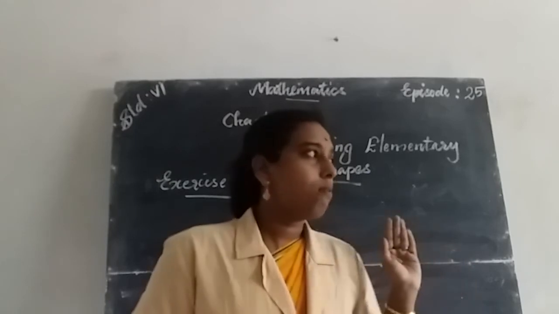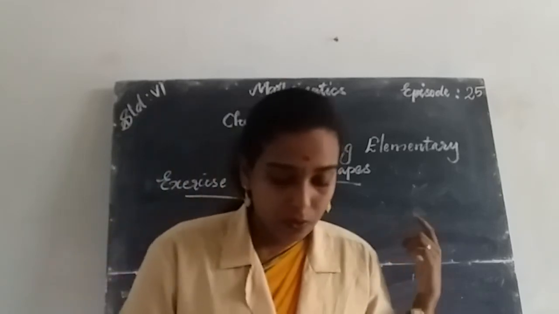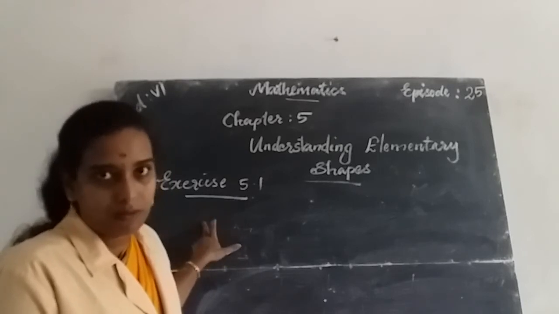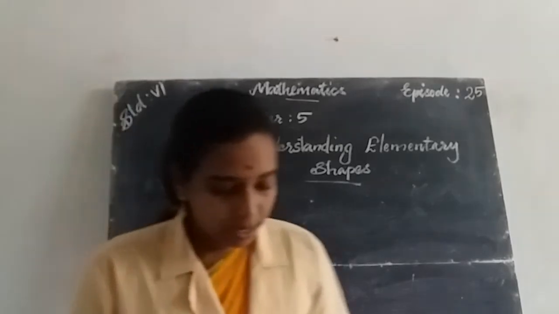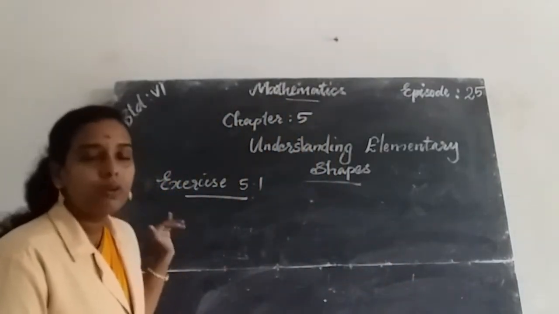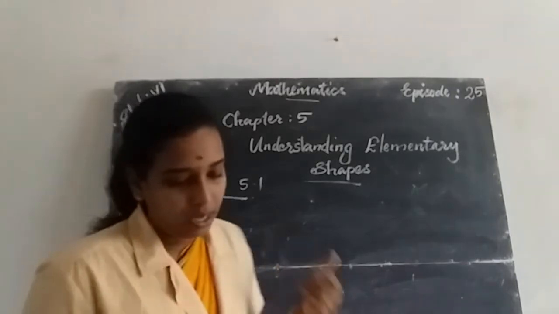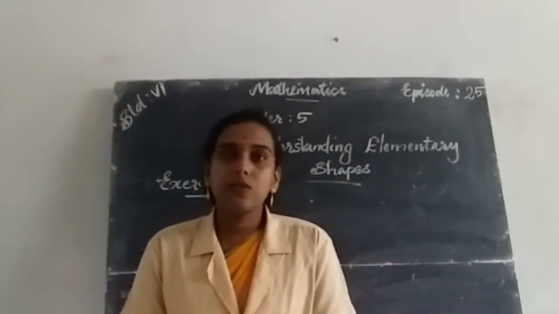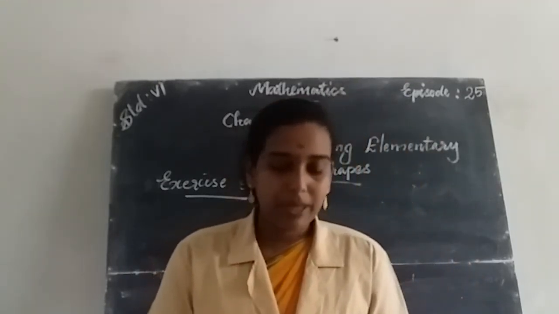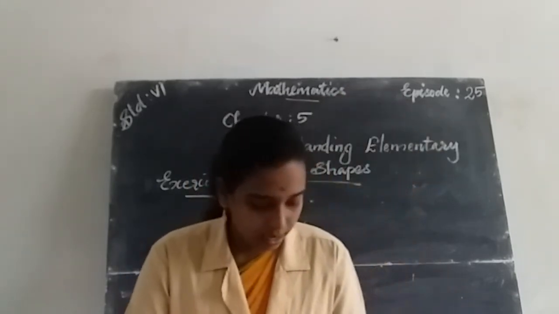If you use a ruler, there is a chance of error due to the thickness of the ruler. If we use a divider, accurate measurement is possible. So it is better to use a divider than a ruler to find the length of a line segment. By using a ruler, chances of error occur due to the thickness of the ruler, but with a divider accurate measurement is possible.